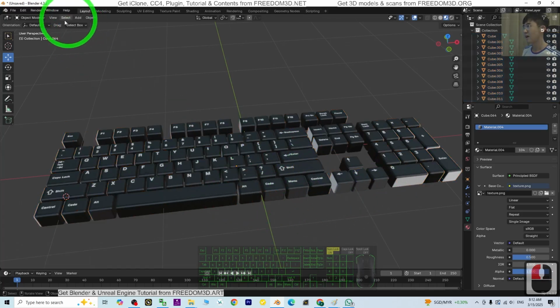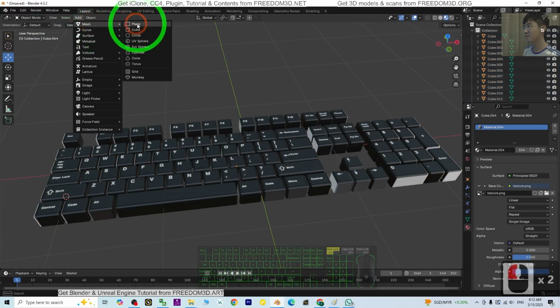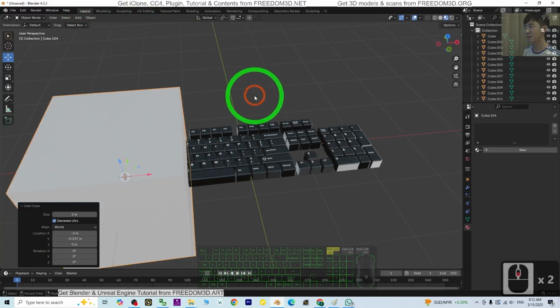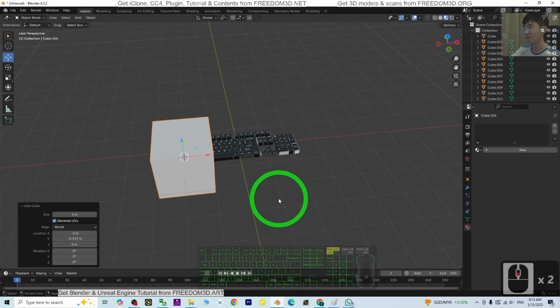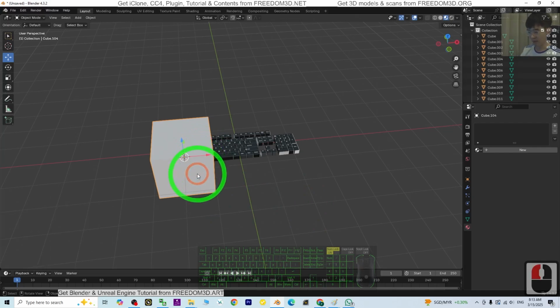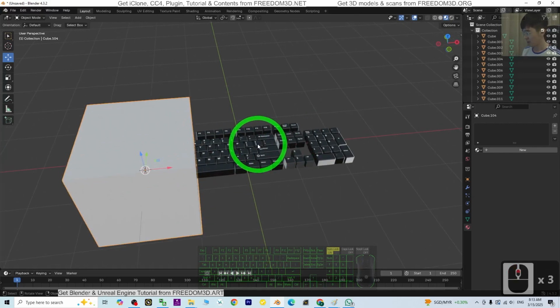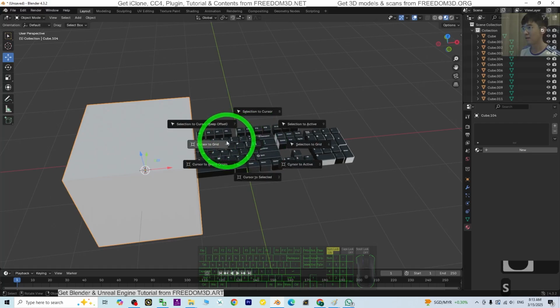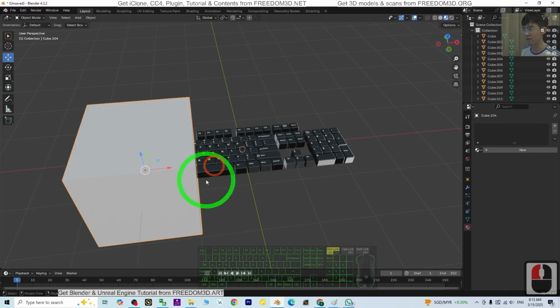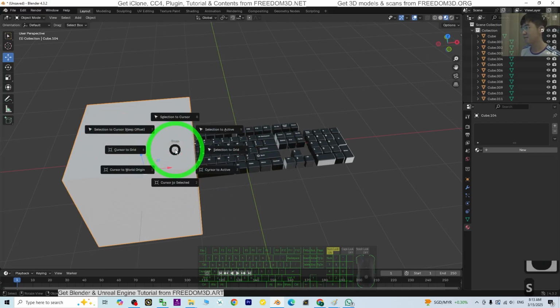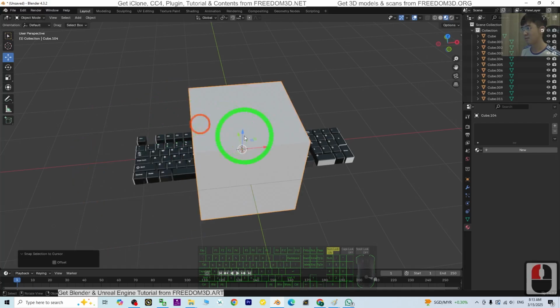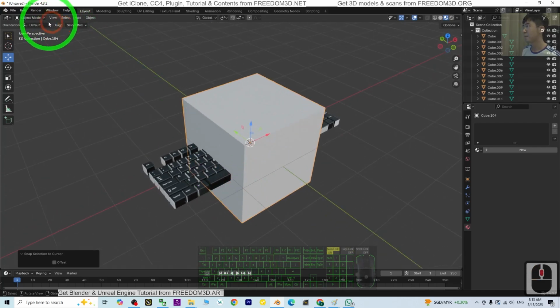Now, here you can just add another cube. This cube is to set it as the base of the keyboard. So, wait. Shift S, we are going to set the cursor to the world origin first. Then click this, Shift S, selection to cursor. Then this keypad,